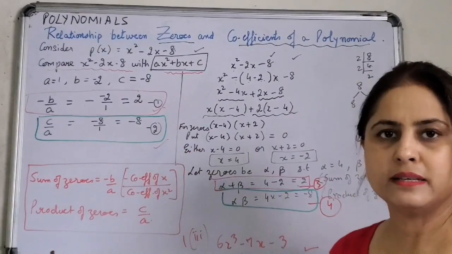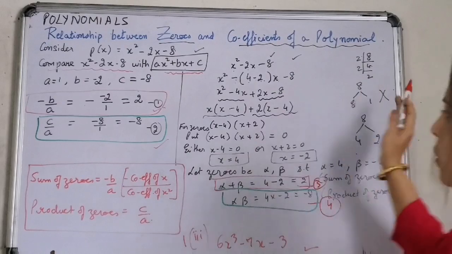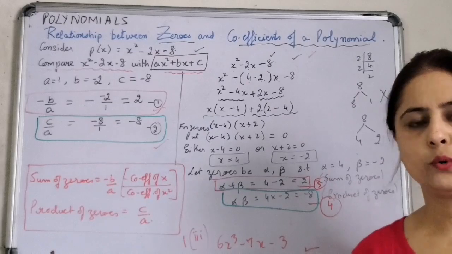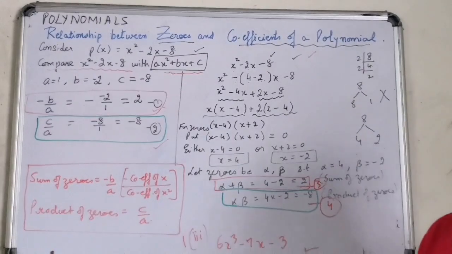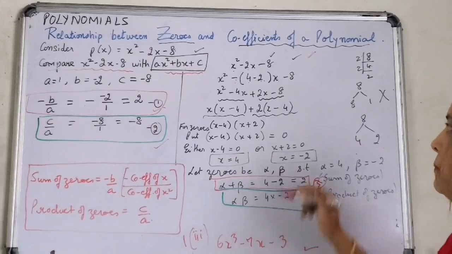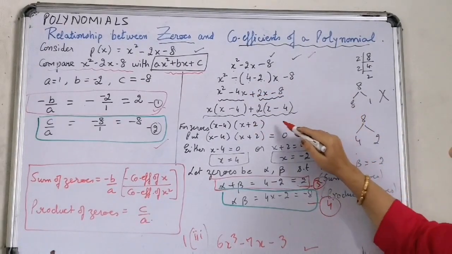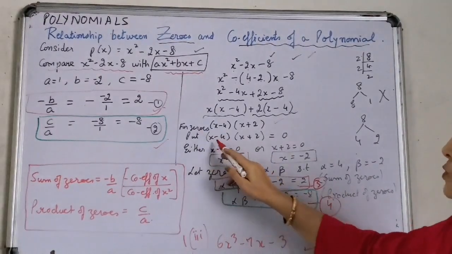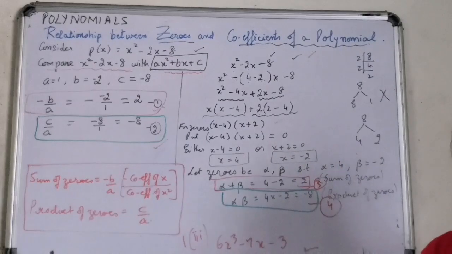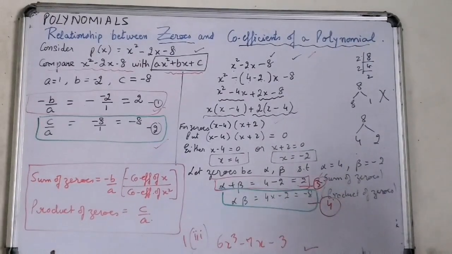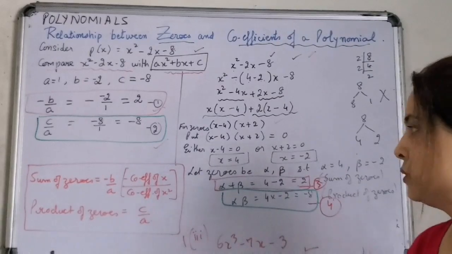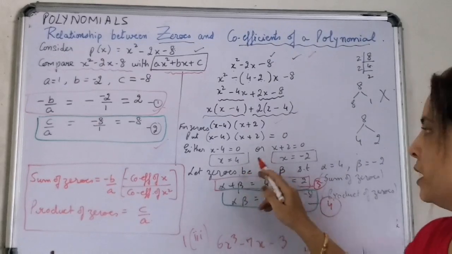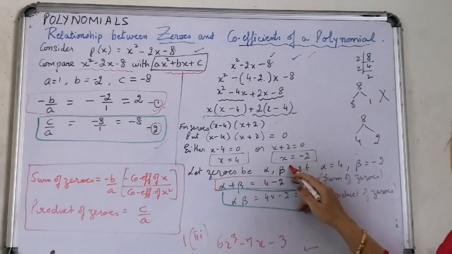Now I divided the page into a second part where I was going to find out the zeros of the polynomial. It was a quadratic polynomial. The technique left with me was splitting of the middle term. So I used the technique of splitting the middle term and I got two factors, x minus 4 into x plus 2. Now for the zeros, put these factors equal to 0. X minus 4 into x plus 2 is equal to 0. Now the product of two numbers is 0 if one of them is 0. So either x minus 4 is 0, it means x is 4, or x plus 2 is equal to 0, it means x will be equal to minus 2.